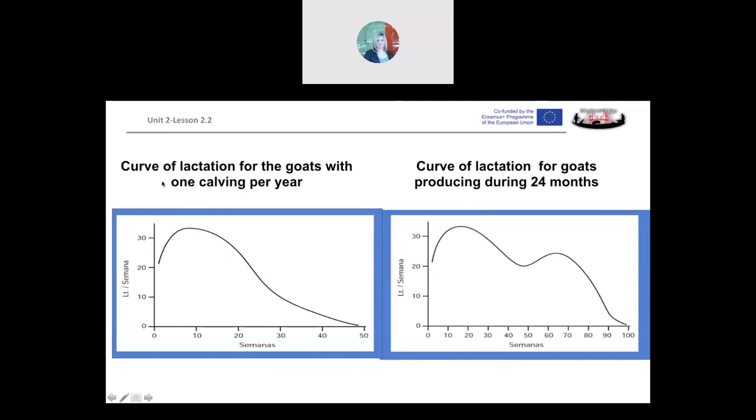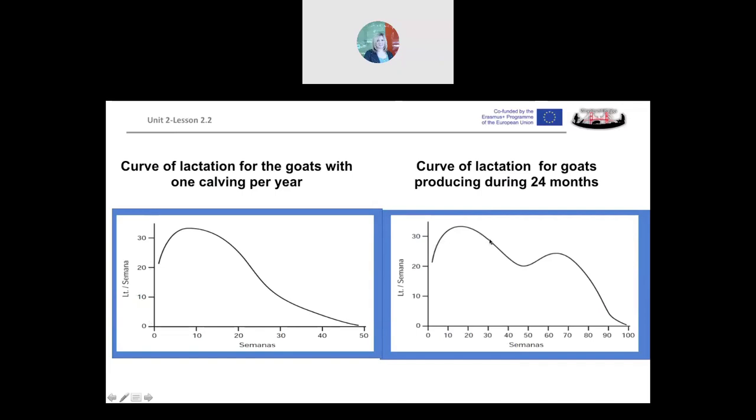You have here the curve of lactation for the goats with 1 calving per year. This is a usual curve of lactation. We have here in this axis the time, and we have the production in the y-axis. When we have the curve of lactation for goats that are producing milk during 24 months without the dry period, we have just another curve of lactation, but we have here